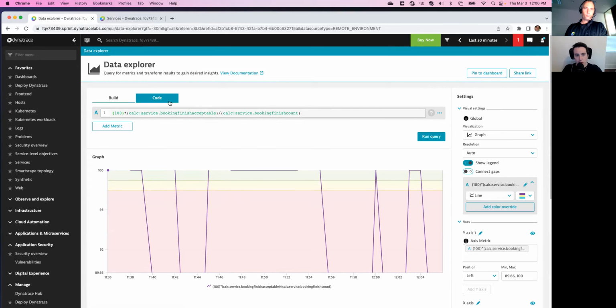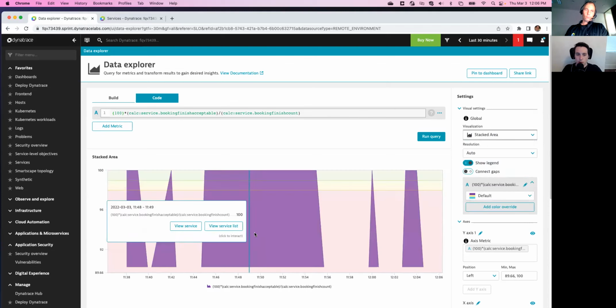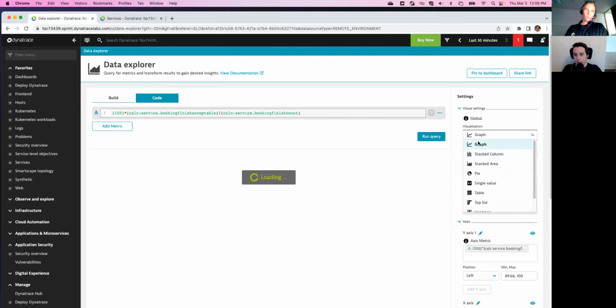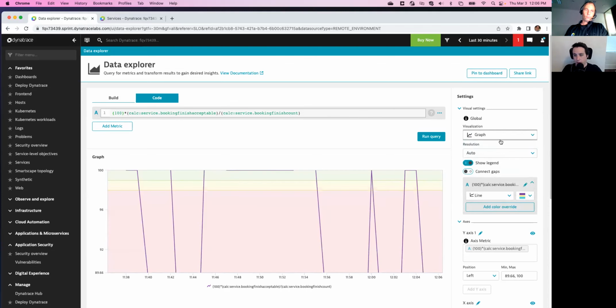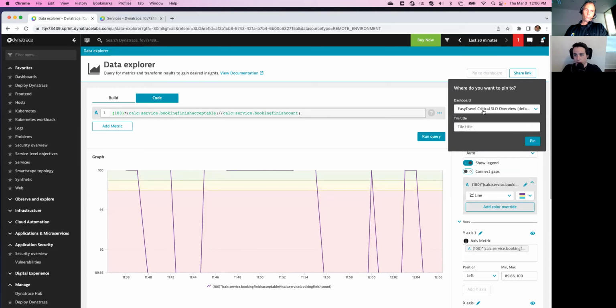I'll punch that into the metric explorer here and just make a chart out of it. Now, this is really good if you want to just trend an SLI over time. I'll just keep it as a graph. You can change the colors and things like that, but I'm going to go ahead and pin that to my